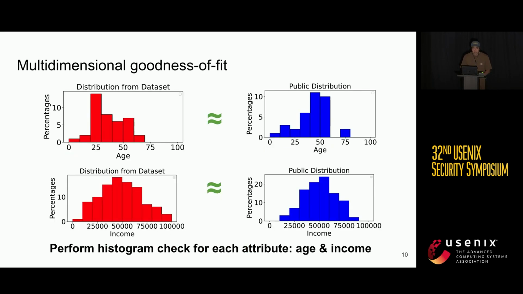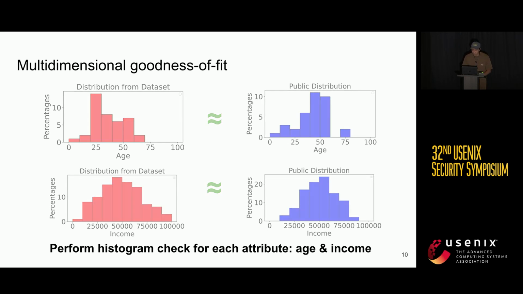And one first but incorrect approach is by splitting up each individual attribute or each individual column and performing separate histogram checks for each individual attribute. So in this bank example, we can just extract the age column and compare it with the public age distribution. And we can also just extract the income column and compare that with the public income distribution. And as we can see, these distributions are close enough so the Pearson's chi-square test should pass as is. But